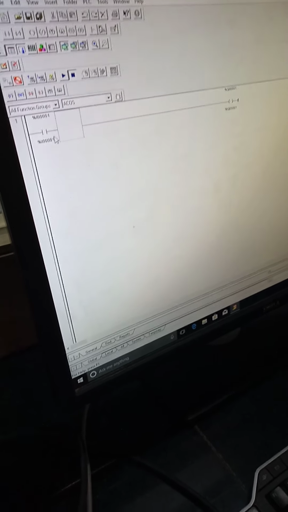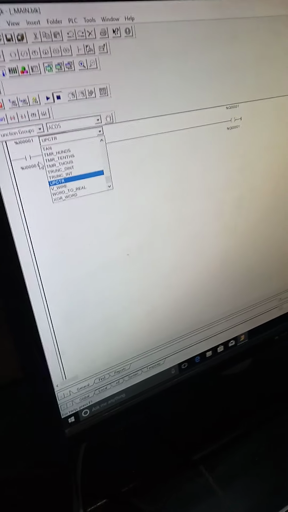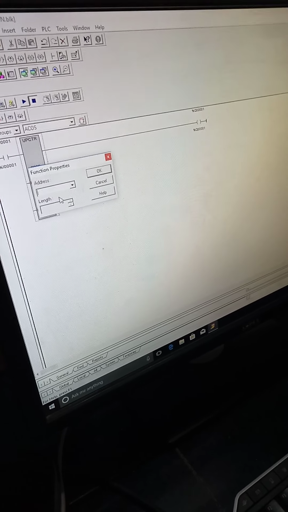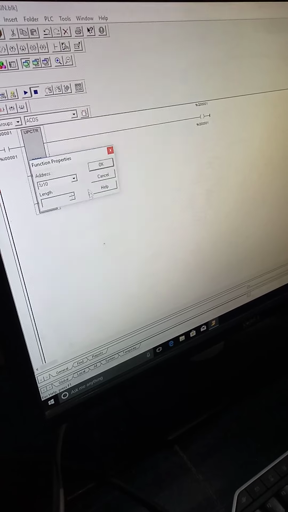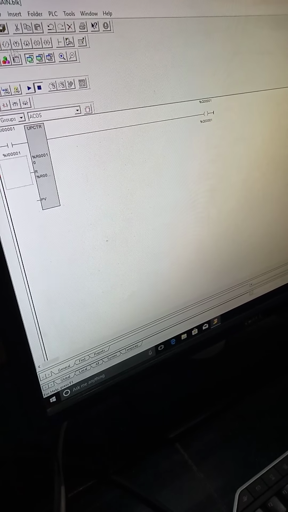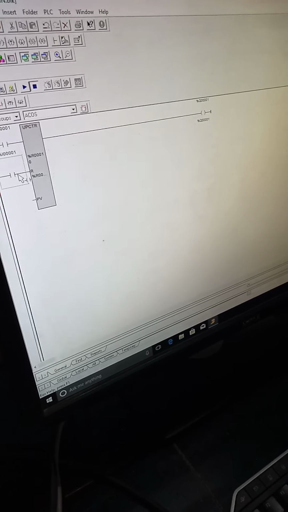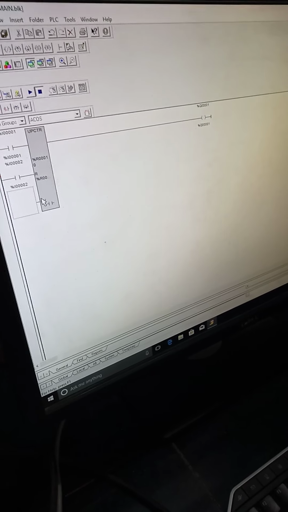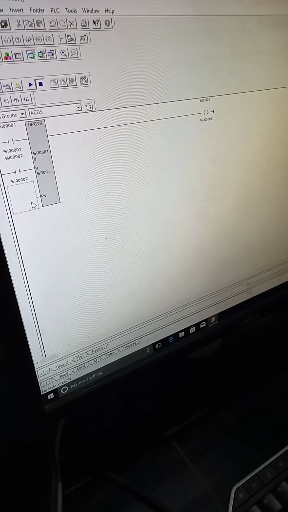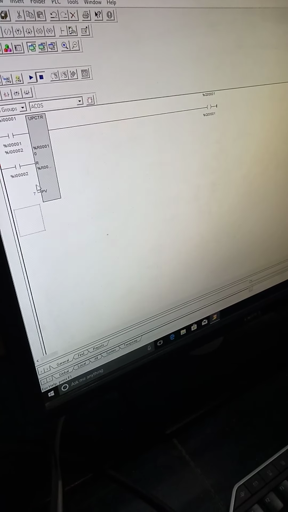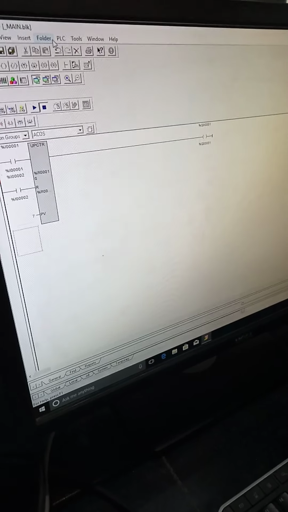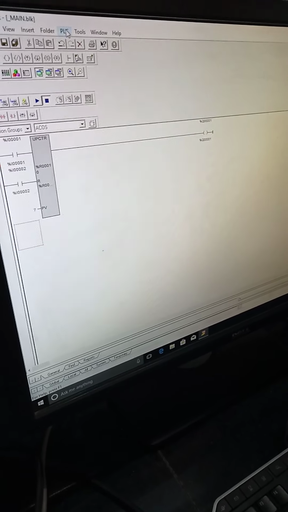So now, timers done, for counters you can type UPCTR, which stands for up counter, and for down counter you have DNCTR. So the address is the same, percentage R10. You can make use of another input for resetting, the second switch. Then you have to give the preset value. So for example, I am giving a value of 7. So after 7 counts, my output will be on. I will be operating the switch 7 times, and my output will be on, in this case of up counter, since it is an up counter.